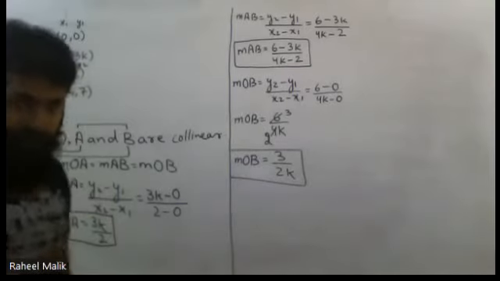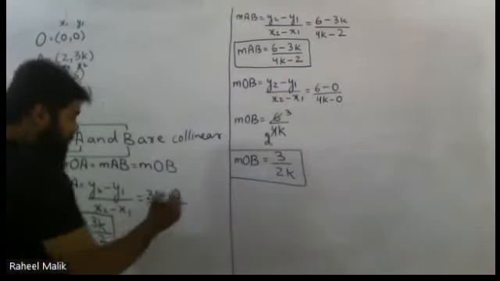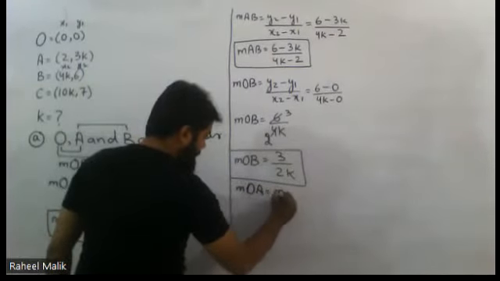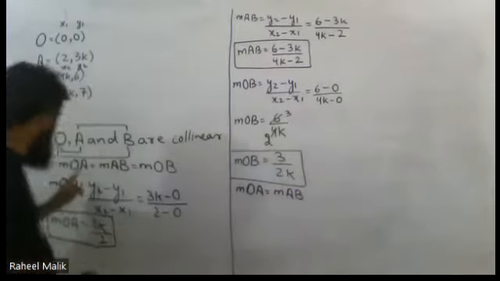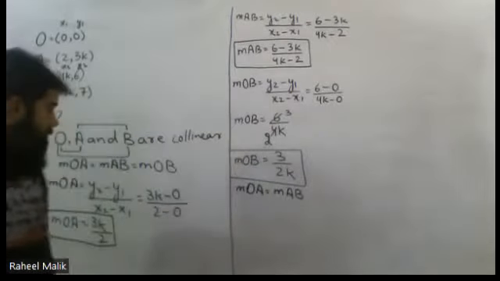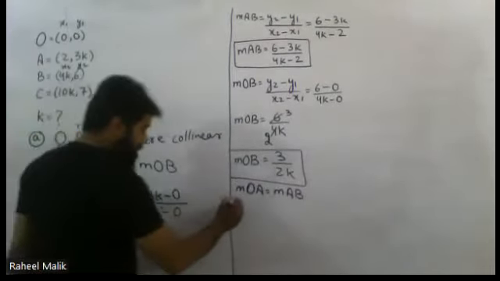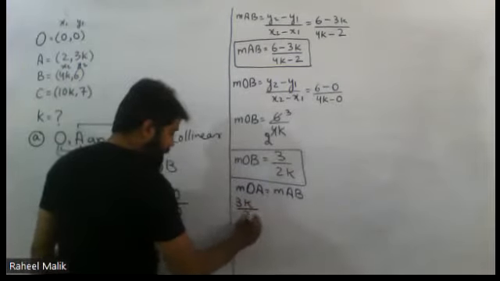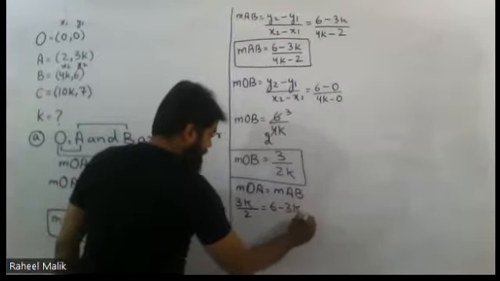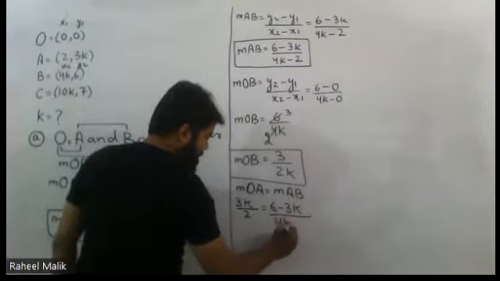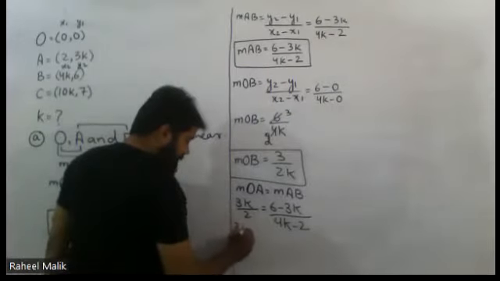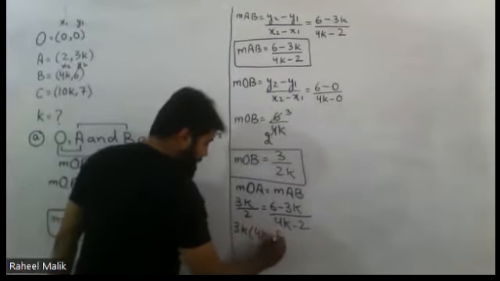So gradient of OA equals gradient of AB: 3k over 2 equals (6 minus 3k) over (4k minus 2). Cross multiplying: 3k into (4k minus 2)